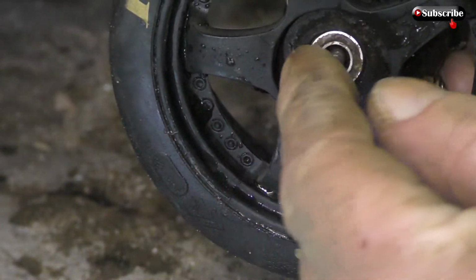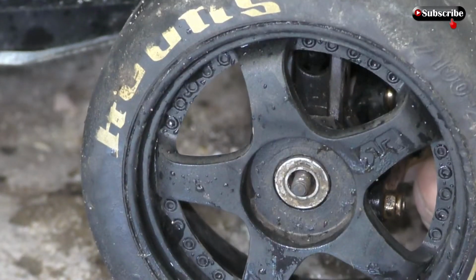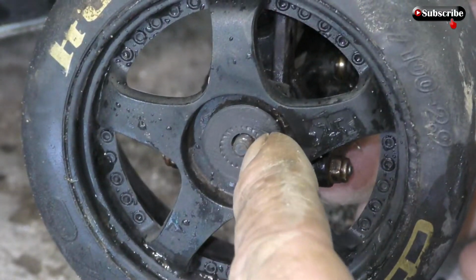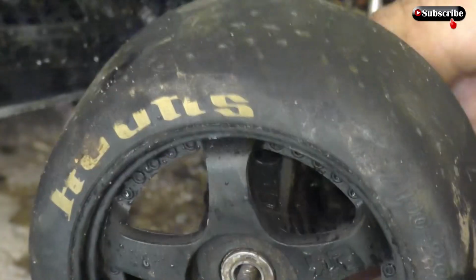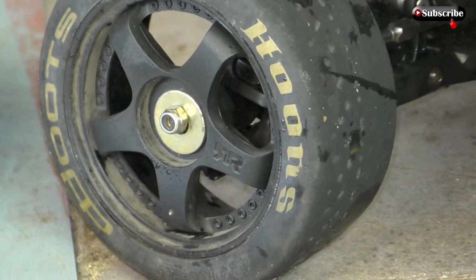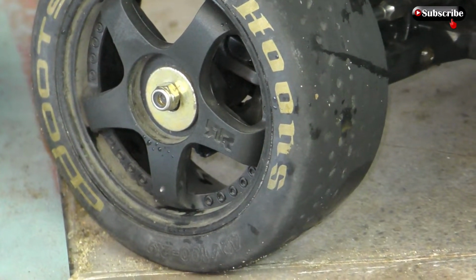There's a hole in there to get filled in, so that spacer does a good job, holds it nice and tight. Then you've got a washer to put on, then you've got your nut. But you can see with the standard washers, there's basically no thread left by the time you put that on. So on the front wheel here, I've got one of my own washers from my toolbox, and I've got just over half, maybe three quarters thread on at the front to hold it on, but